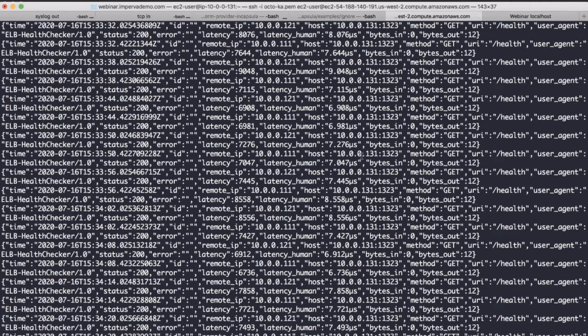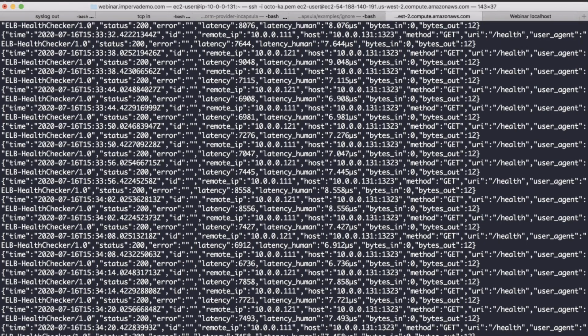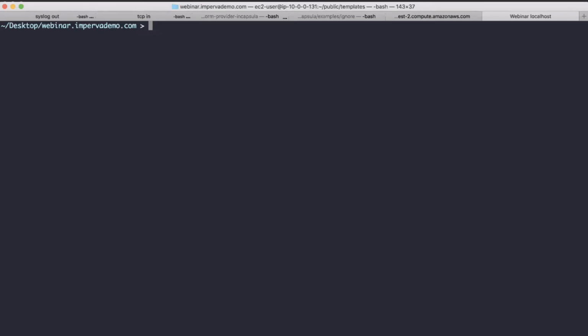I'm just going to kill the production server, and I'm going to do a bash build. So we just want to rebuild the binary because we just made one logical change, which is to go and grab the header. And I'm going to do a deploy back into the server.